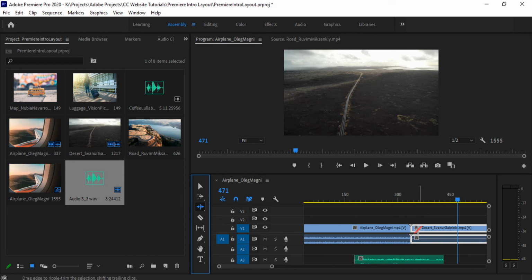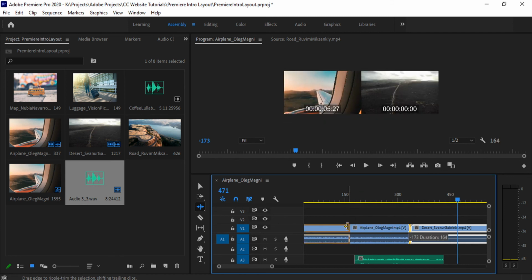So you can see that if I go over to the edge of this forward one, it's kind of finicky, but you can see that the bracket has switched directions. It now looks like a letter E. That means I'm affecting the one most forward. This means I'm selecting the one furthest back. So if I click and drag,